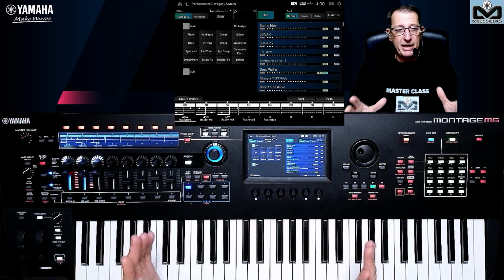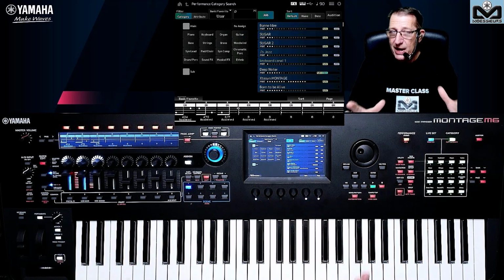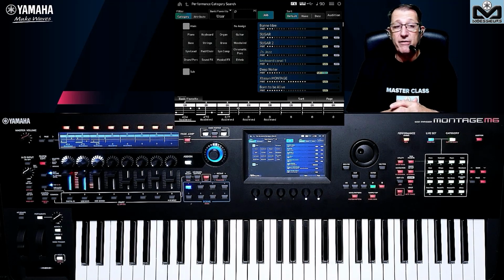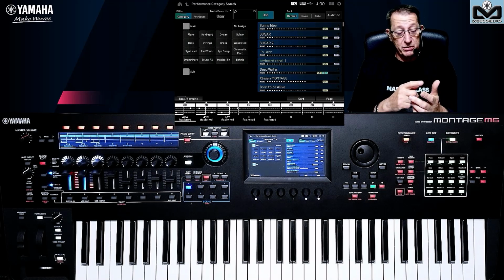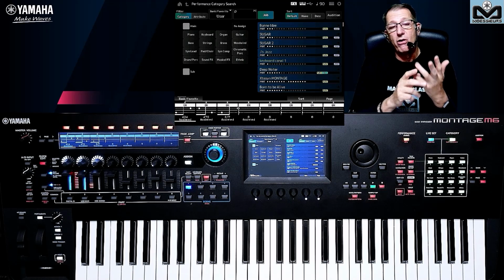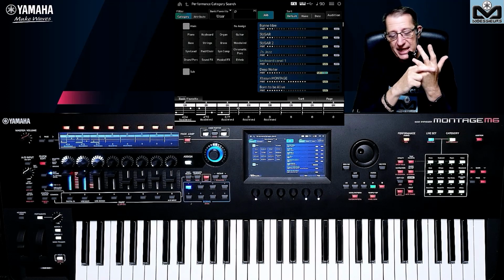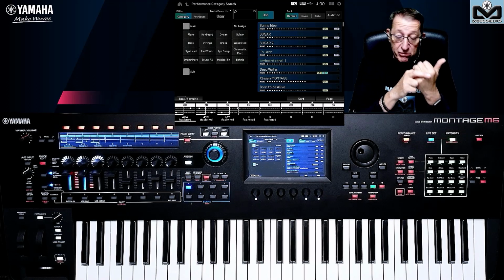And the user area is really your workplace. All the performances you have in the user area, you have 640. Since 2016, that I have my first Montage, with 3 banks, I go on the user 1, 2, 3, and 4 banks, because there are 128 performances per user bank.